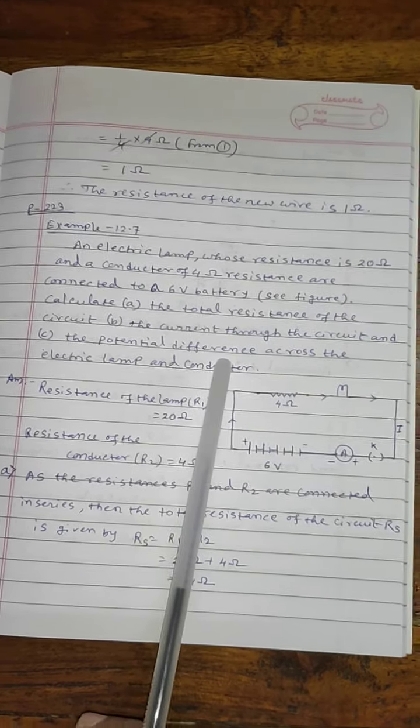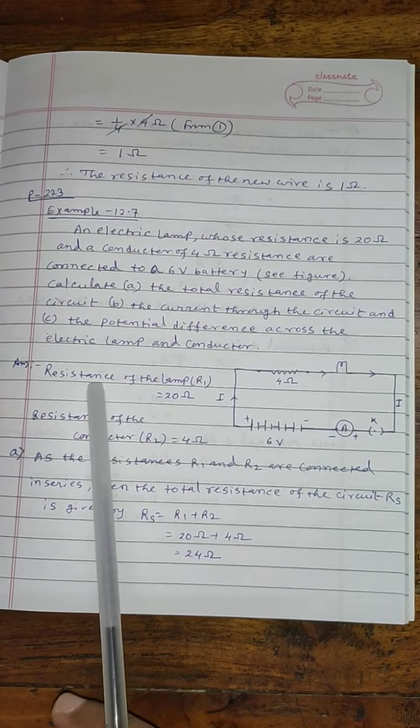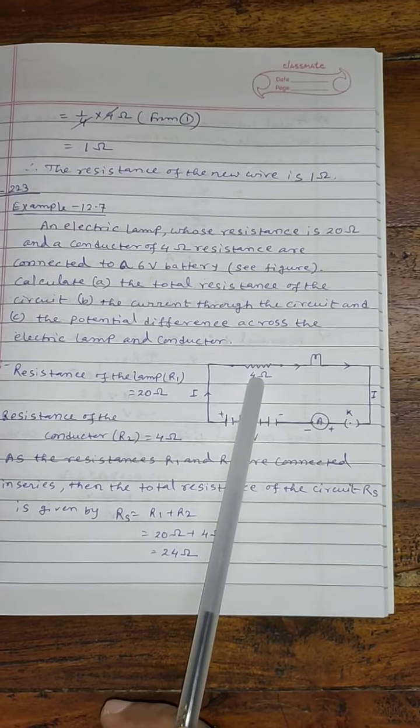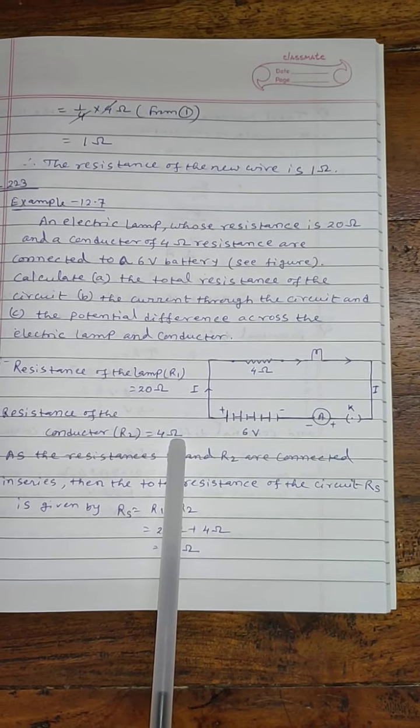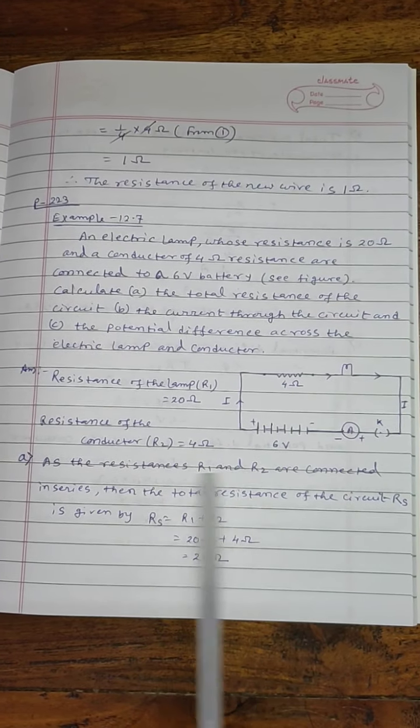And the third question: the potential difference across this lamp and across this conductor. First, write the resistance of the lamp R1, that is 20 ohm, and the resistance of the conductor R2, 4 ohm. Now the first answer. As the resistances R1 and R2 are both connected in series,